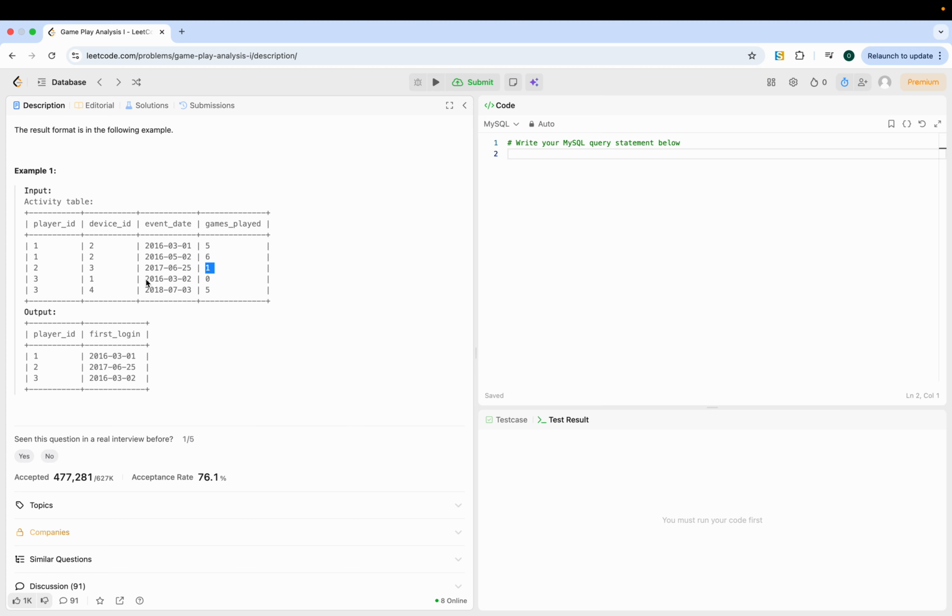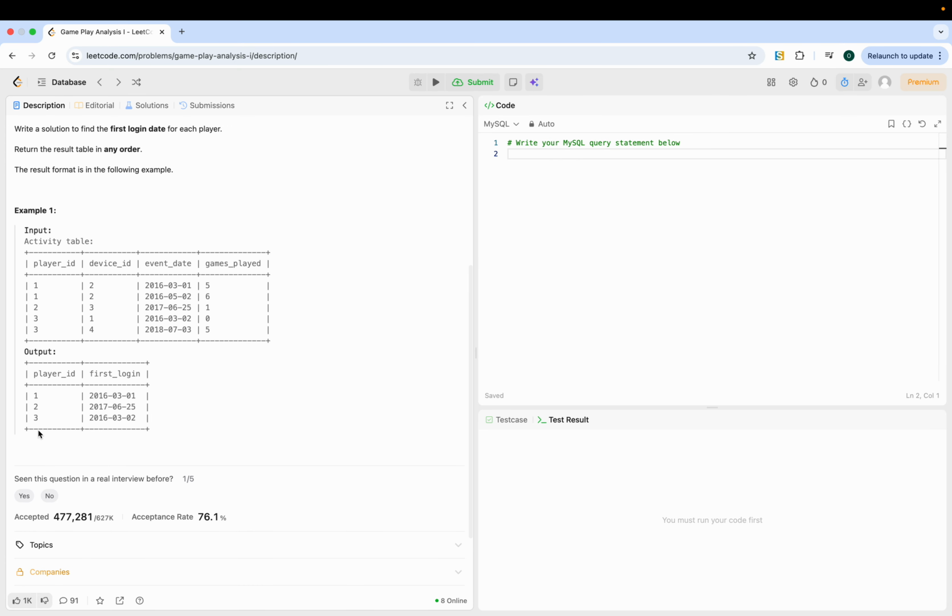And like here on this particular date he has just done login, as he has not played any games, but on a different date, after 2 years and some months and some days, he has played 5 different games. Okay, so what we have to do here in the output table, we have to take the player ID and